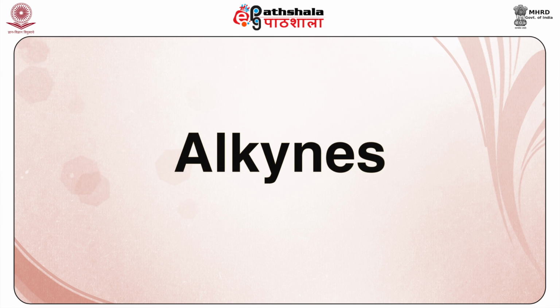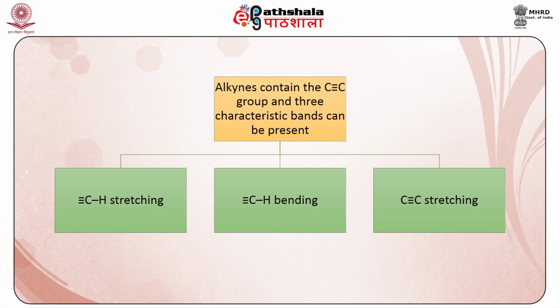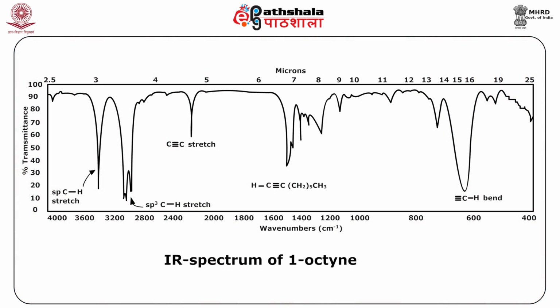Now we come down to alkynes, that is triply bonded. Alkynes contain the C≡C group and 3 characteristic bands can be present in them, that is ≡C–H stretching, ≡C–H bending and C≡C stretching. As the force constant for a triple bond is greater than that of a double bond, consequently, whereas C–C stretching vibrations occur at 1300 to 800 cm⁻¹ and the C=C stretching vibration occurs in the region of 1700 to 1500 cm⁻¹,